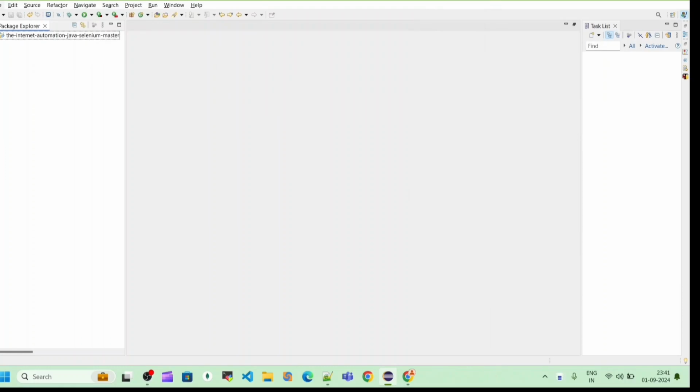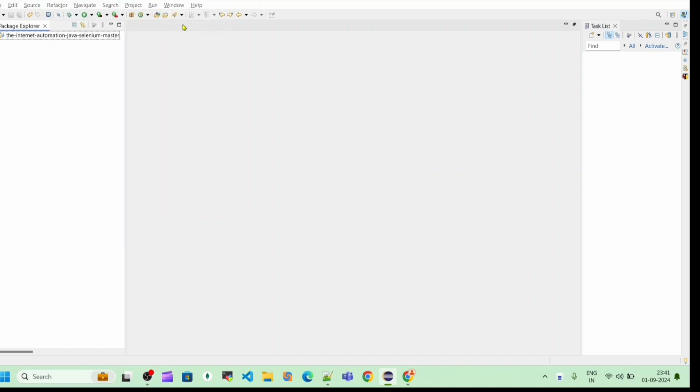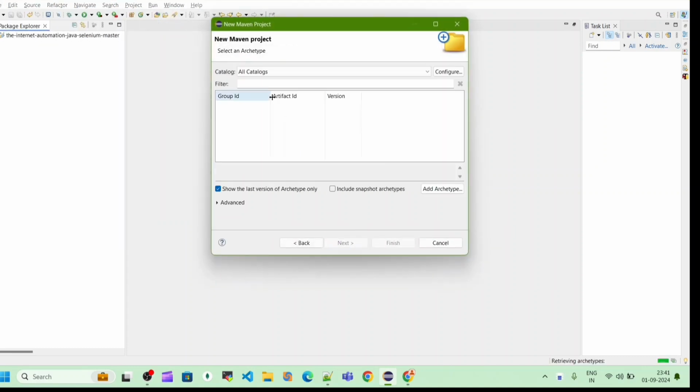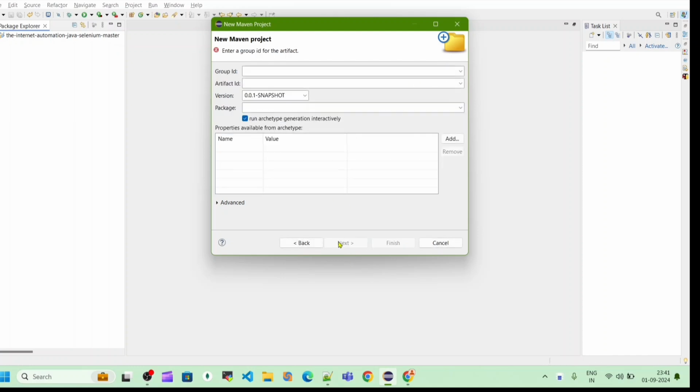So guys, here in this video I'll show you how to create that Maven project. So basically here we have Maven. We need to install that Maven on our Eclipse. Once it is done, then we have to select our Maven project. From this section, we have to pass some group ID and artifact ID. Those things are needed. You can give any name; here I am giving my project name as